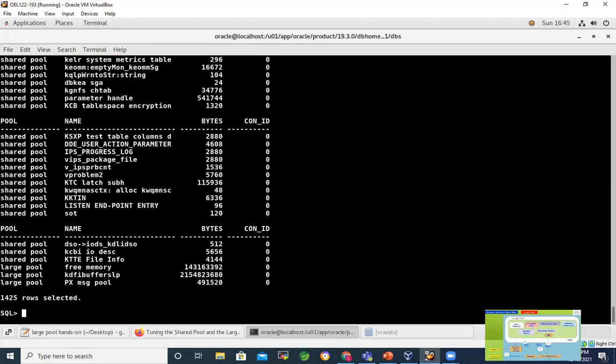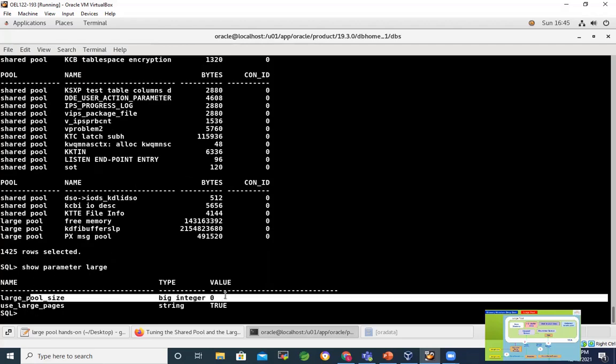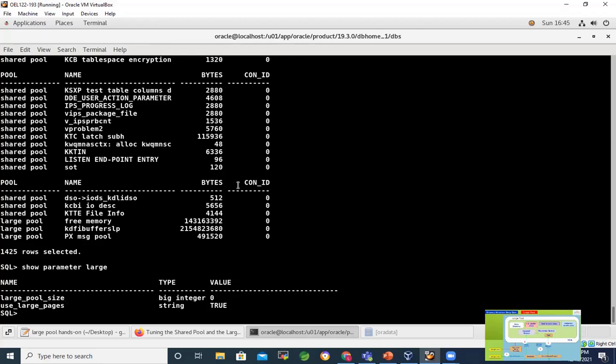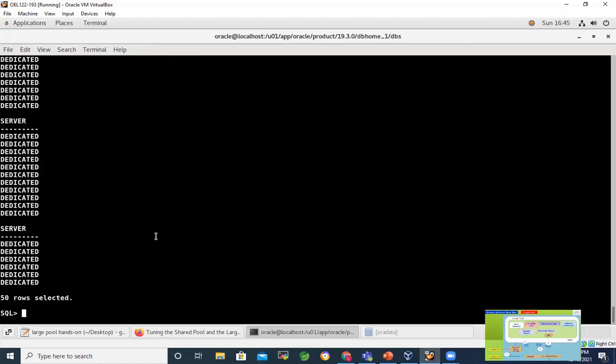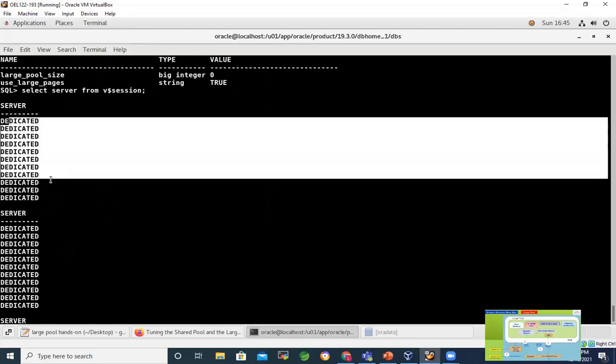At the moment I am having show parameter large. See, I don't have any value for large pool size. And another one we can check, select server from V$SESSION. So all my connections are dedicated, because you can see the server as dedicated.